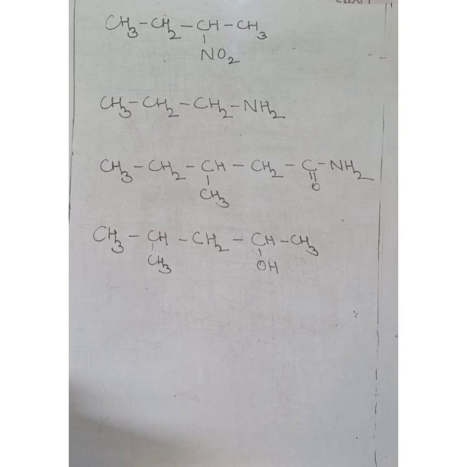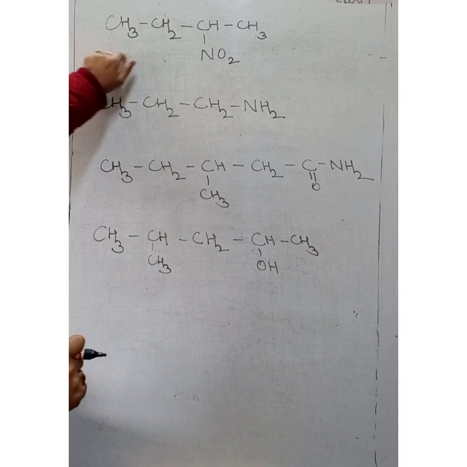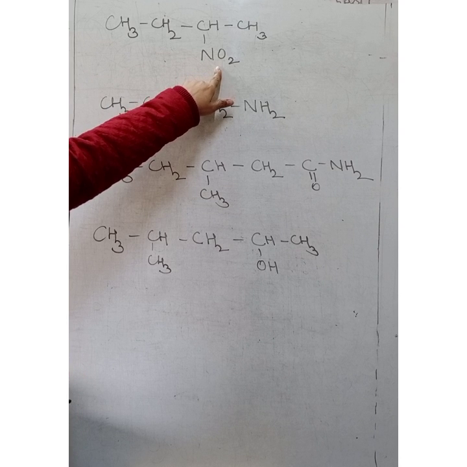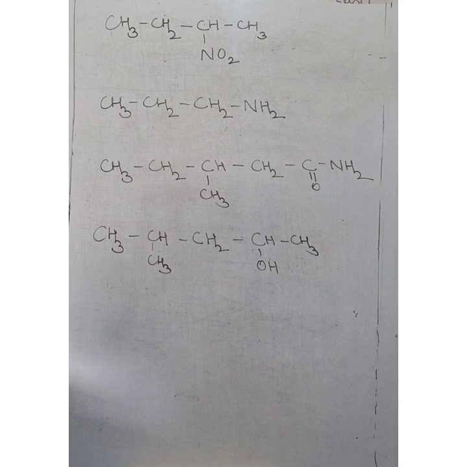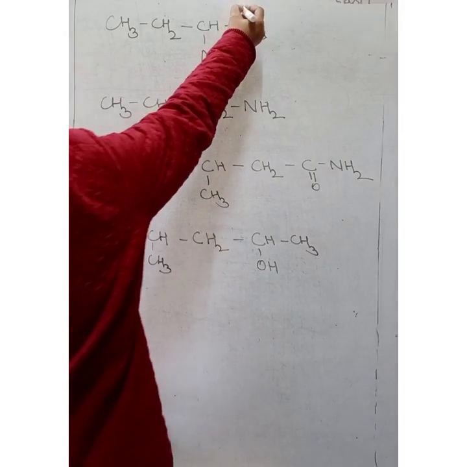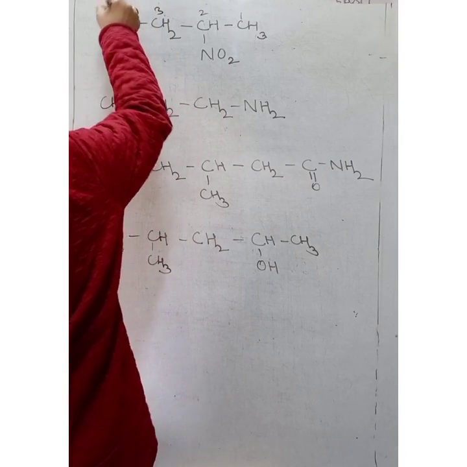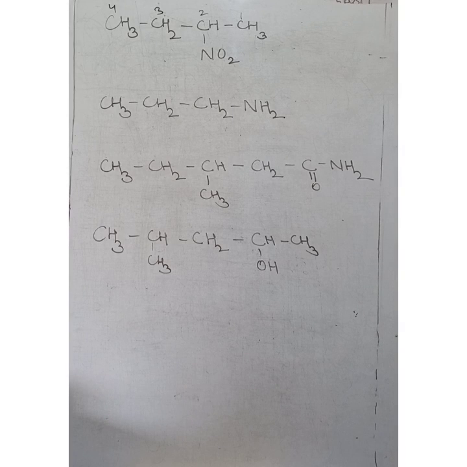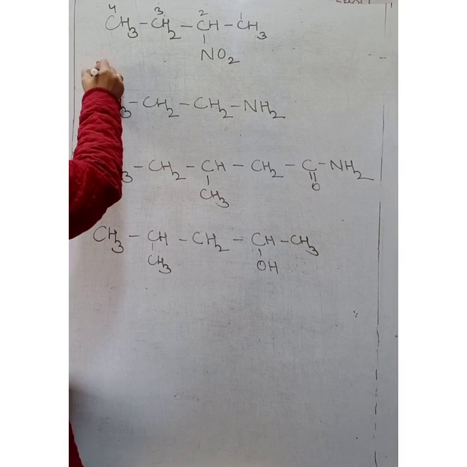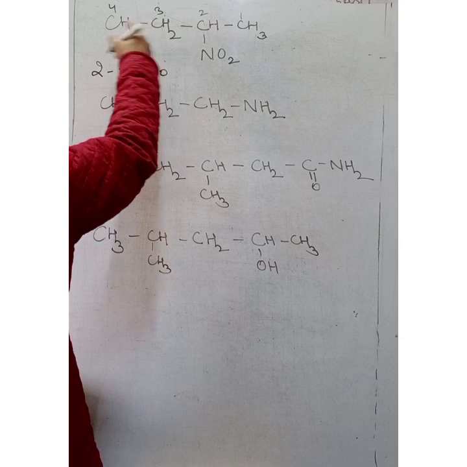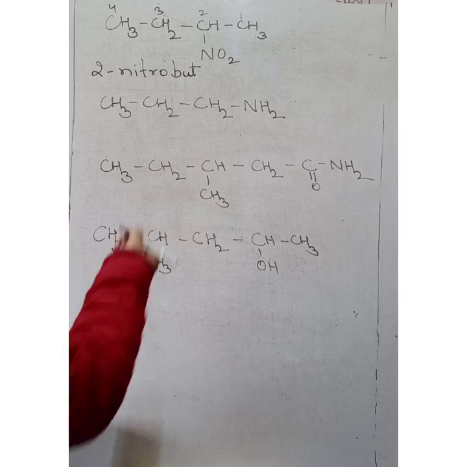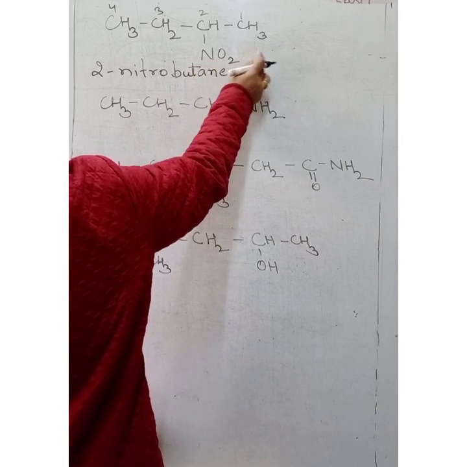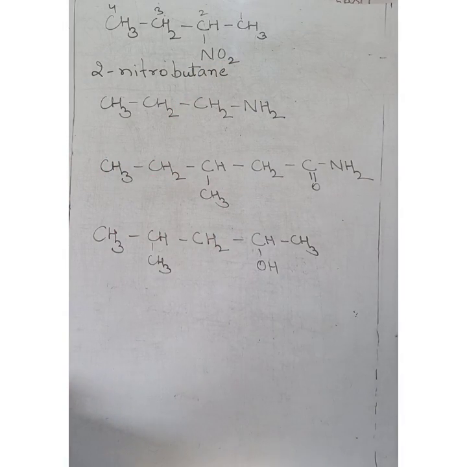Let us go through some more examples. In the first example, NO2 is the functional group present, which is the nitro group. So select the longest chain containing the functional group. Number the carbon chain in such a way that the functional group gets the lowest number. So we will be numbering from this side. Now, nitro is a prefix, so 2-nitro. Word root is but, plus primary suffix is ane. So butane. Now secondary suffix we are not having. We are using a prefix for this functional group.